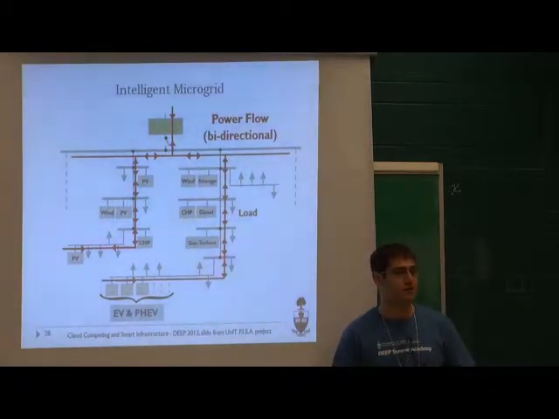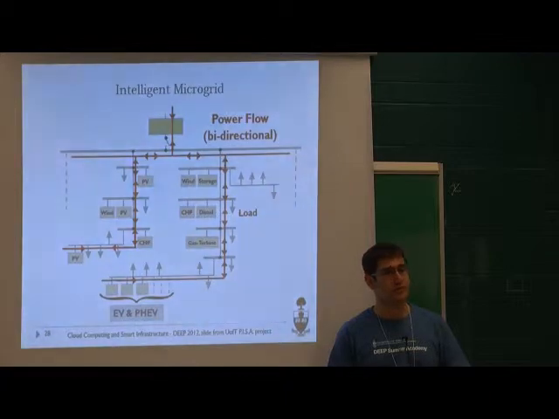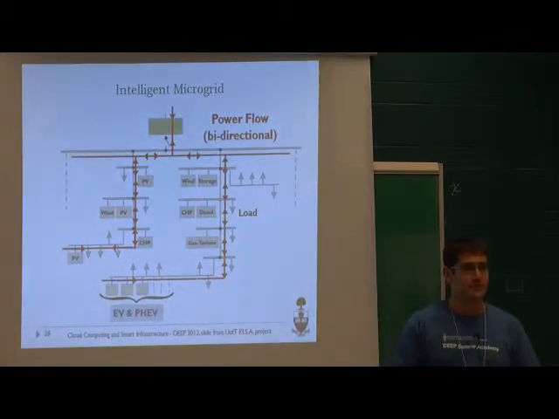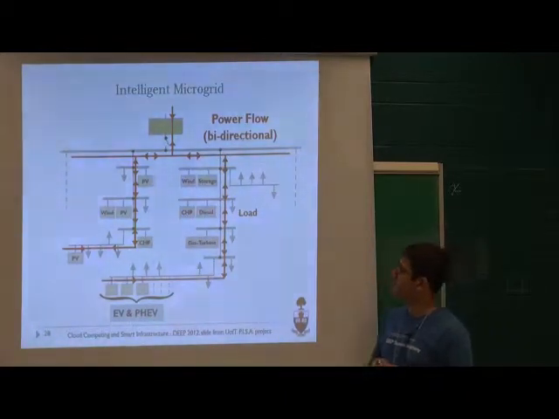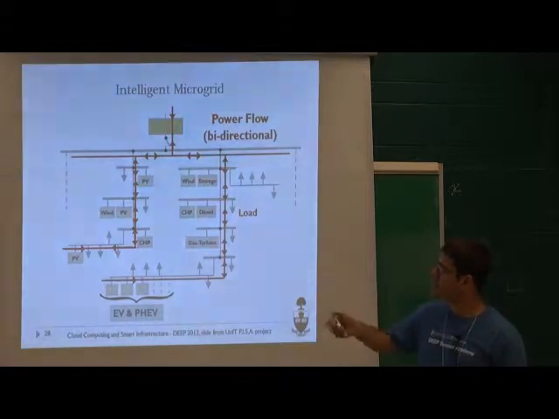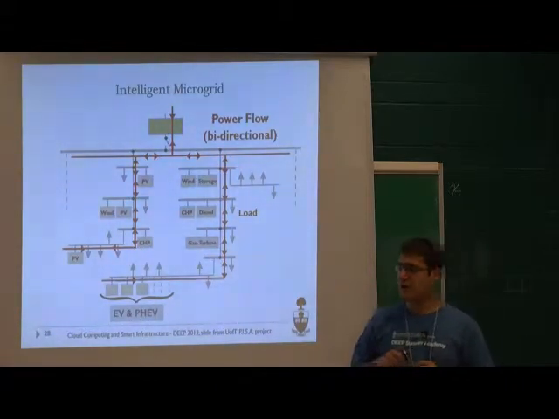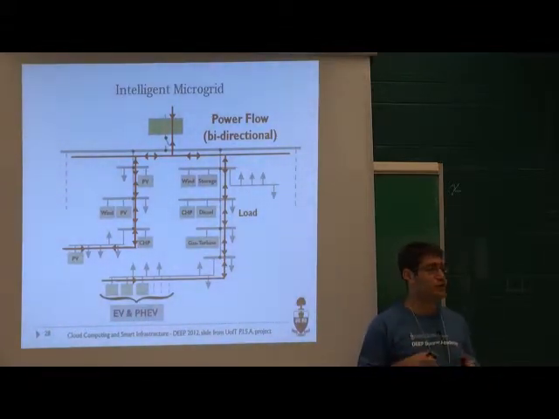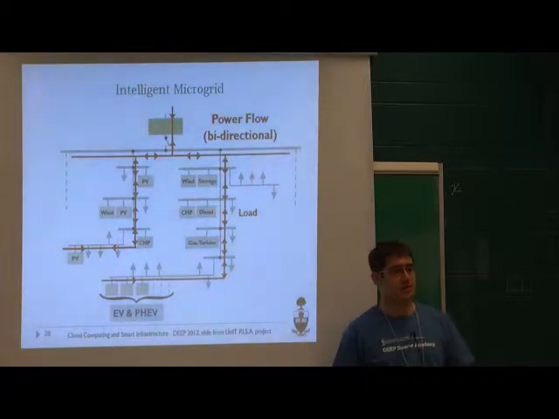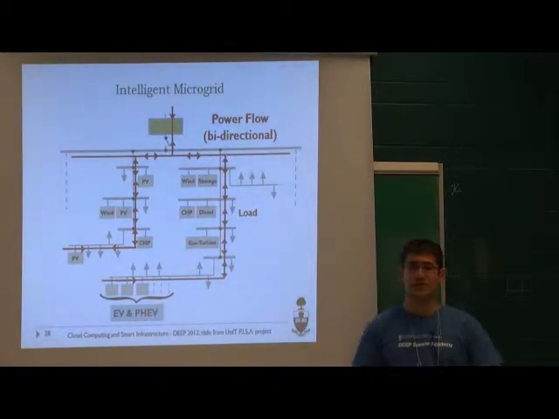That's why you have lots of investments and lots of work in this field now. But as you can see, a lot of the things that you have, you need the new devices,